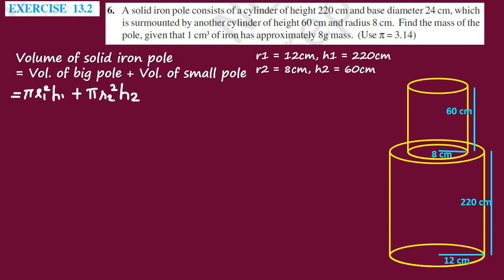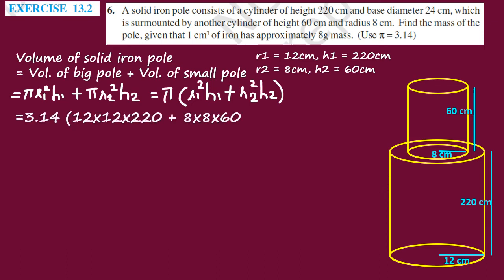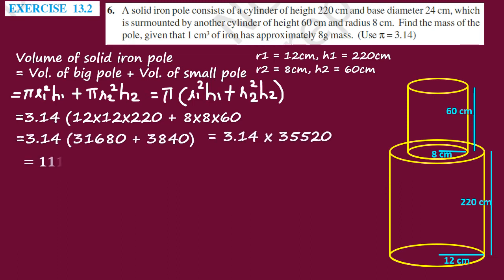So here only pi is common. Now let us substitute the values. Here we will give the value for pi as 3.14, and on simplification we will get the volume as little bit bigger volume, that is